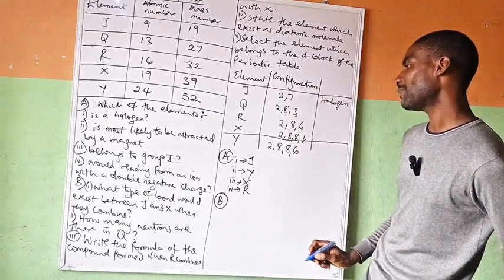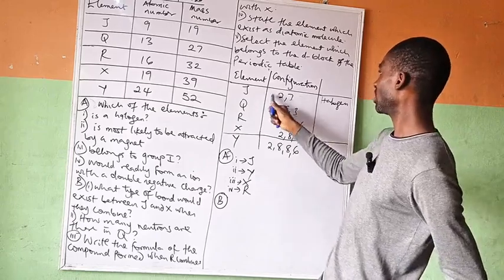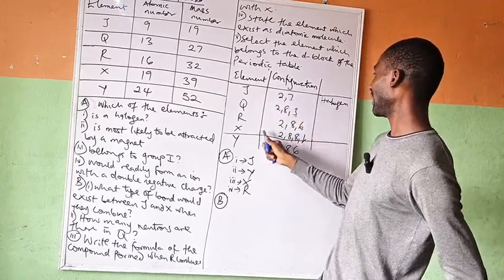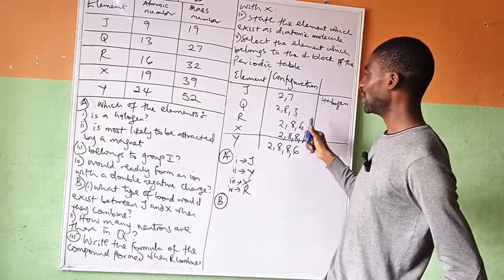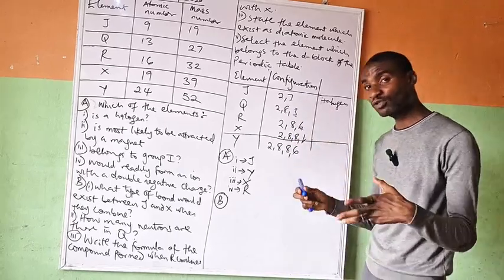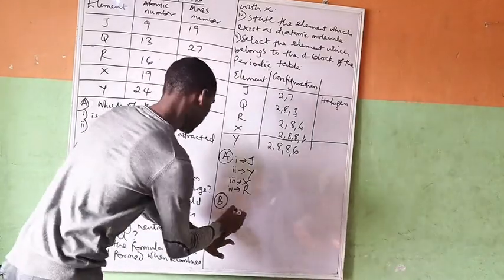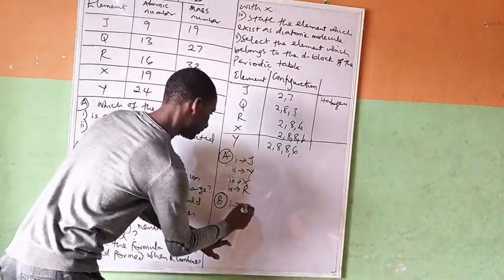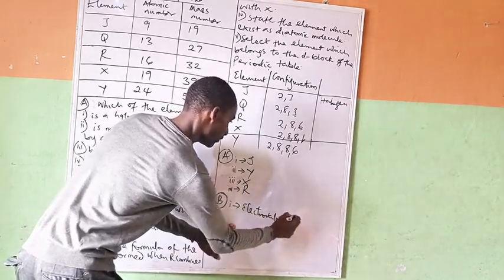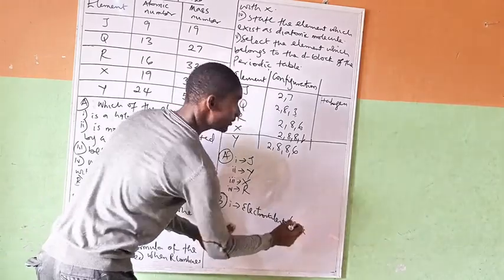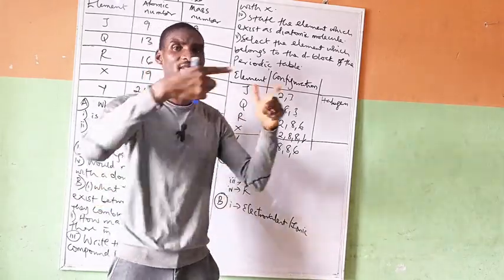Question B says, what type of bond would exist between J and X? What is J? That's the non-metal, and our X is a group 1 element, a metal. Potassium and fluorine. The kind of bond between the two of them is electrovalent or ionic bond. Why? This is the kind of bond between metals and non-metals in which the metal transfers electrons